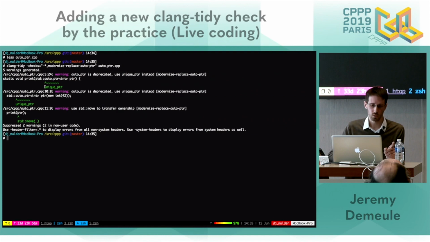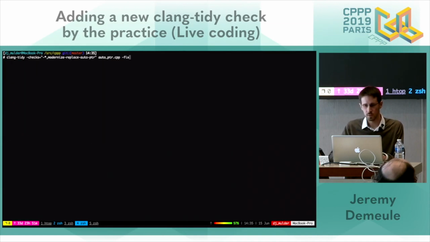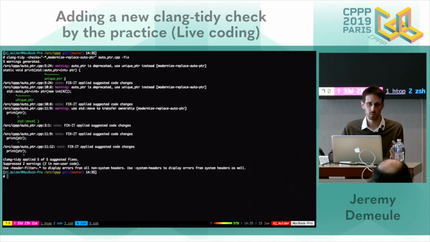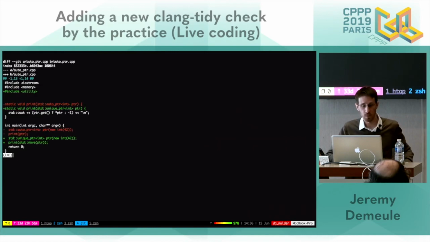But we also notice some green lines here to suggest a code replacement. If we add the dash-fix option, now the replacement becomes a fix-it. We apply this replacement at the given positions. I can check that with a simple diff. And now I get exactly what I presented before.